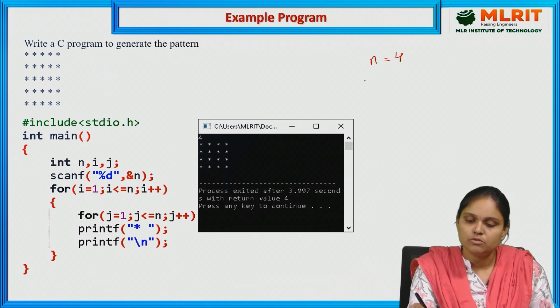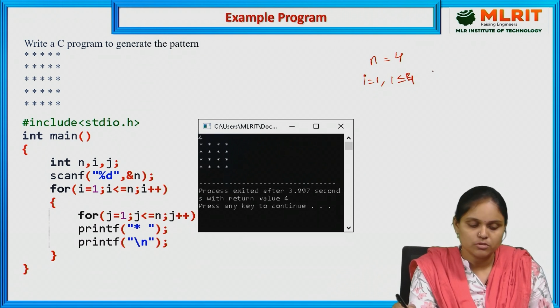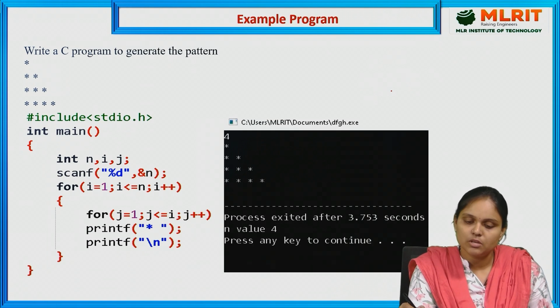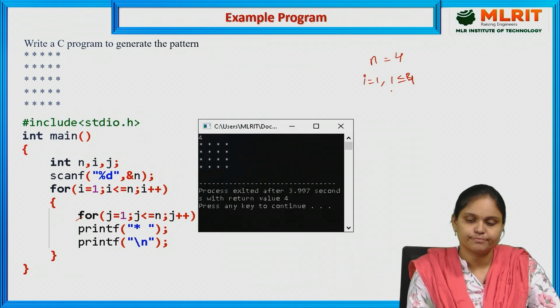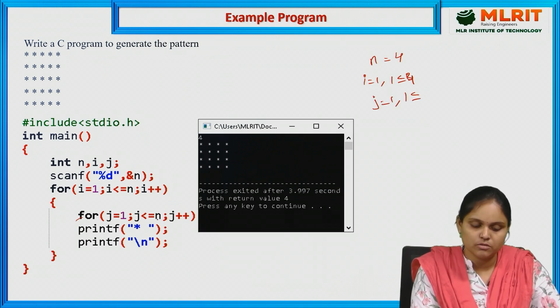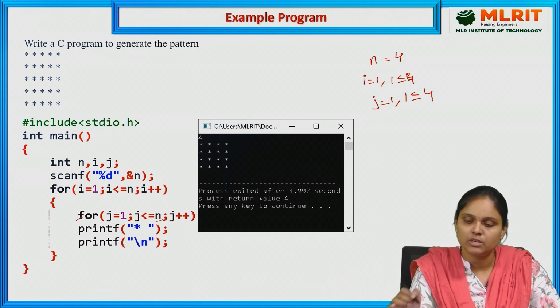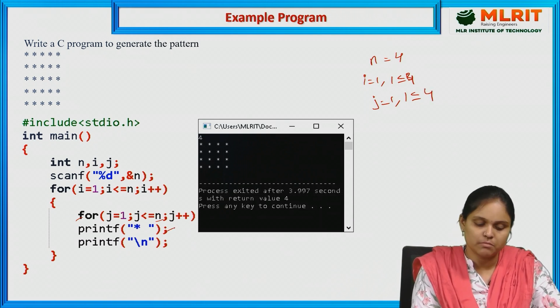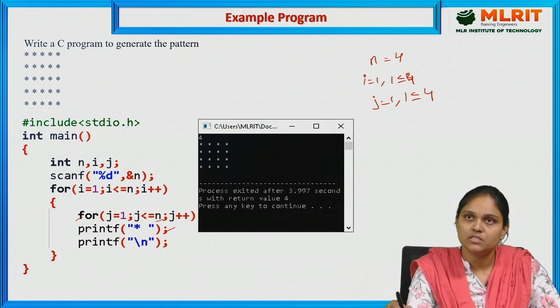If n = 4, i = 1 and 1 <= 4, the condition is true. So if it is true, again we are entering into this for loop, in a for loop. So now j = 1 and 1 <= n. N here we are taking as 4. Here also the condition is true. So if the condition is true, by using this printf statement, we are printing that star. So 1 star will get